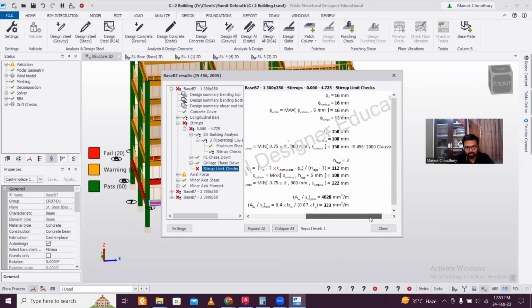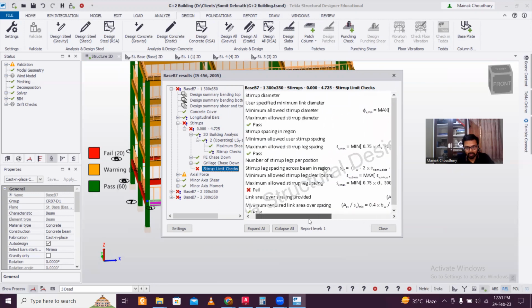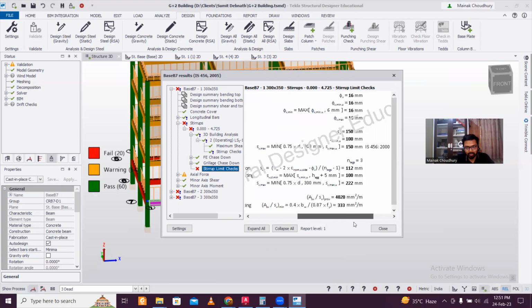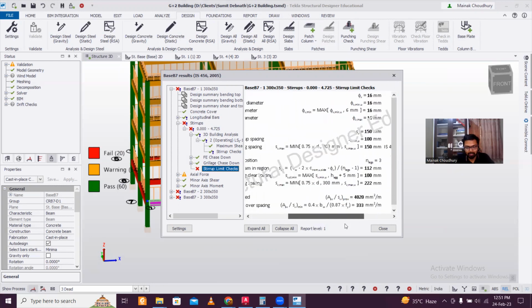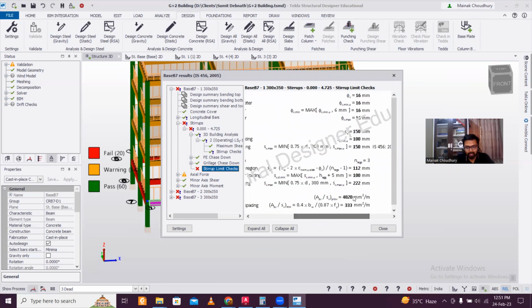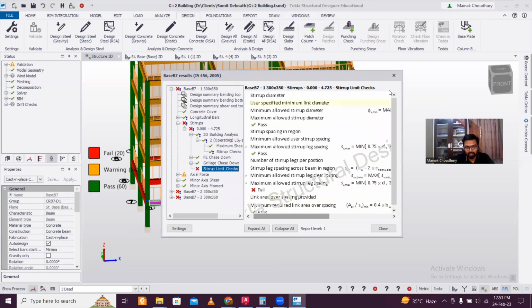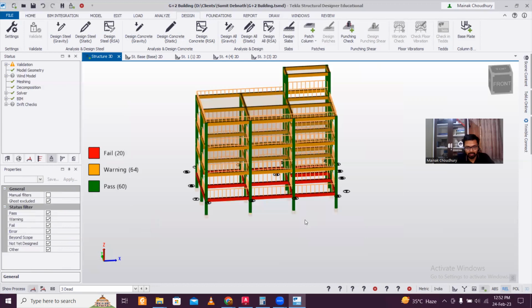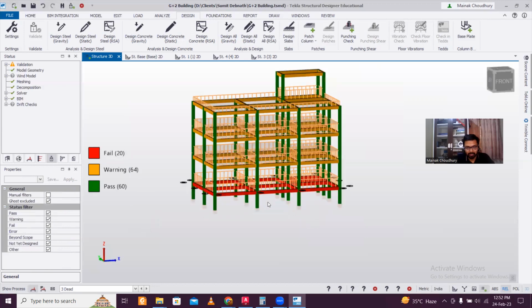So as you can see, there are some glitches actually. It is saying the maximum allowed should be 222, but I have done it 100 mm or 150 mm. So if this is less than 222, there shouldn't be any error, but it's still showing error. So we are good here in the case of stirrups, as far as the longitudinal